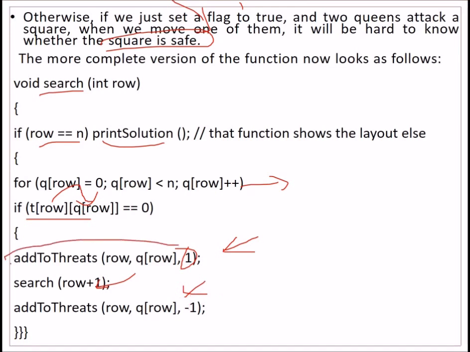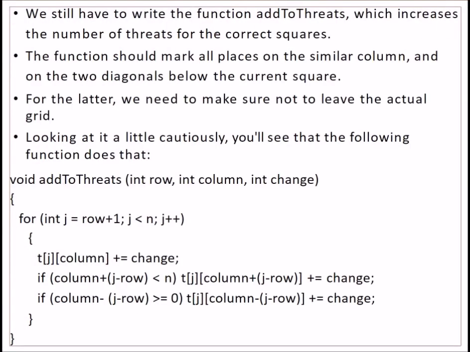So these are two functions we have to add and also make. We have to make this add-to-threat function, which increases the number of threats for the correct square, and this function should mark all places in the same column and on the two diagonals of the current square. Okay, let me show you how it is done.